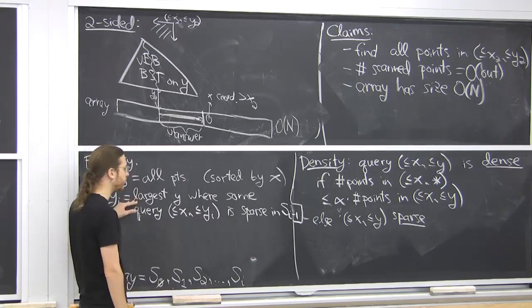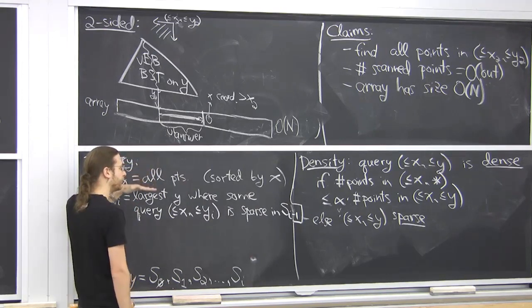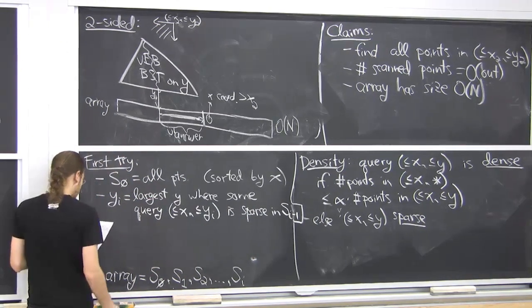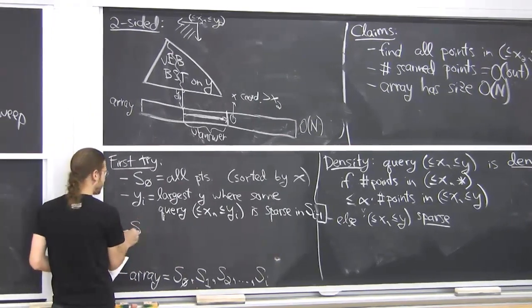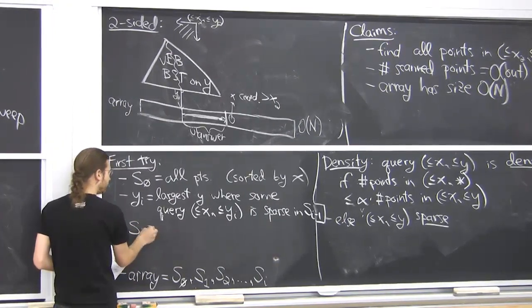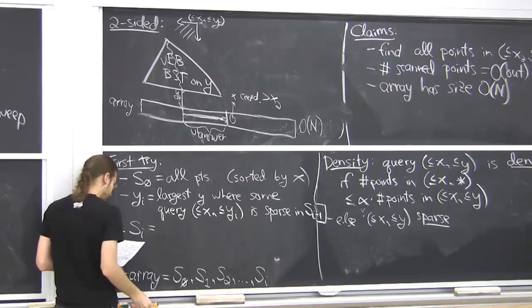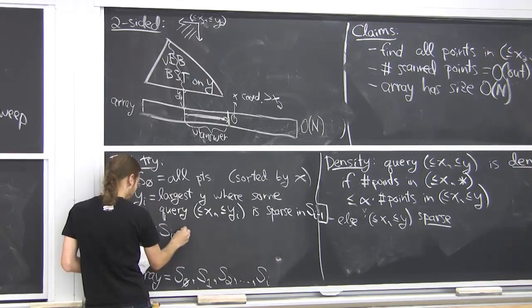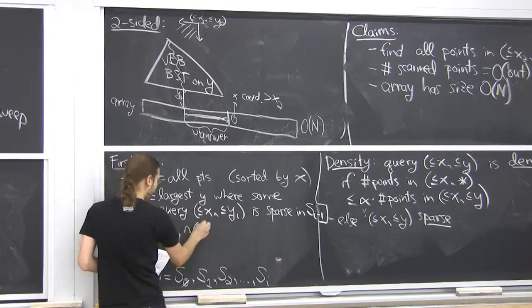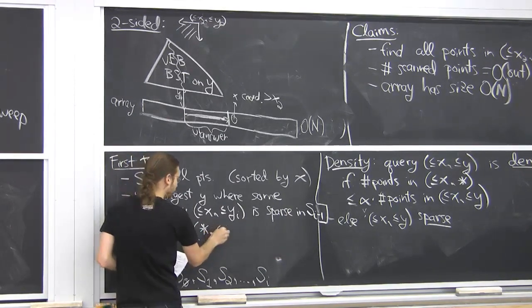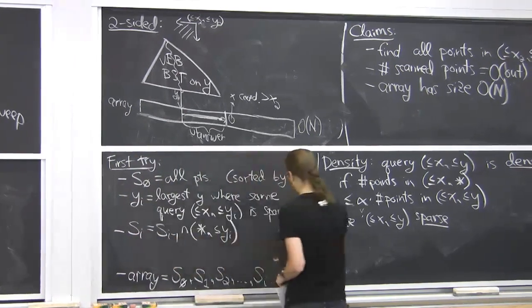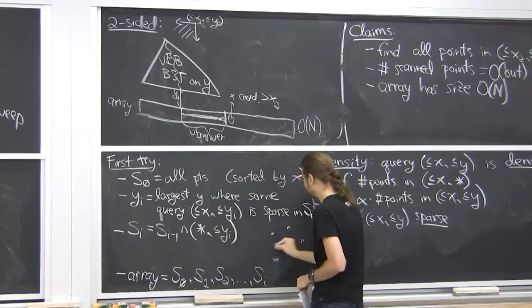y1 is the largest y coordinate where there's, so we work our way down until there's some sparse query in S0. That's yi. So then we just filter based on that. So throw away all the points above yi. So we're going to say, take si minus 1, intersect it with the range query star less than or equal to yi. Okay, so the picture is we have some point set,